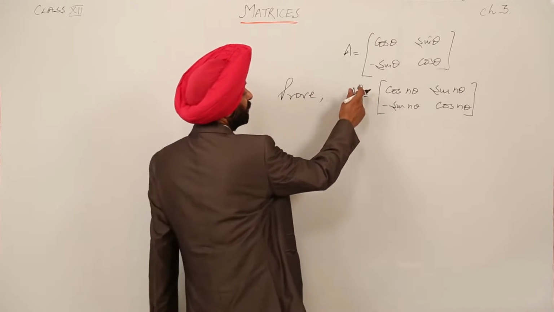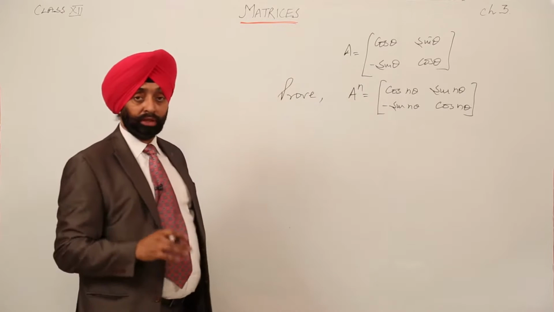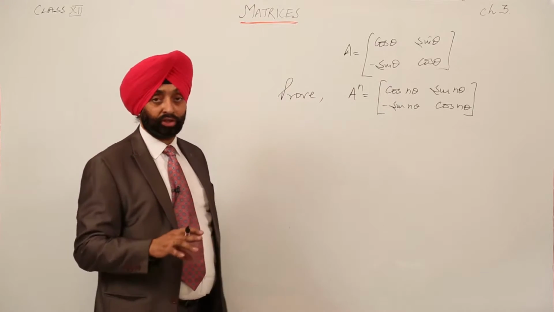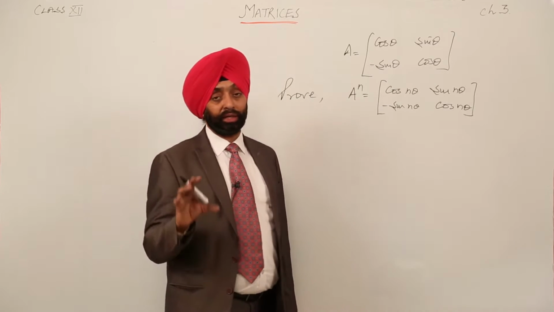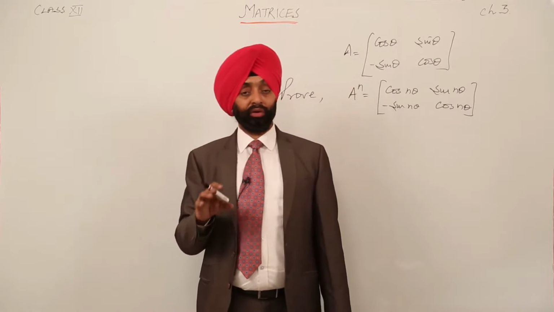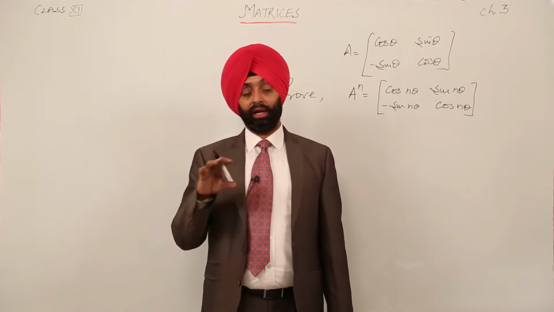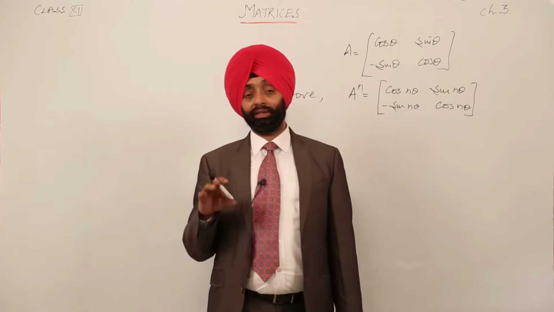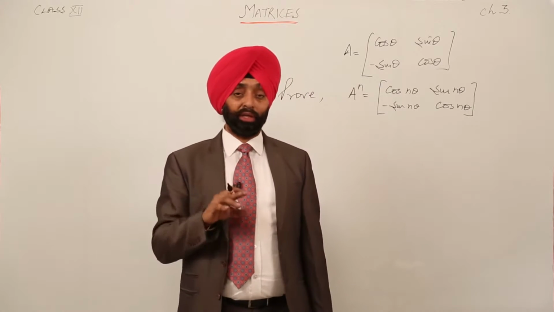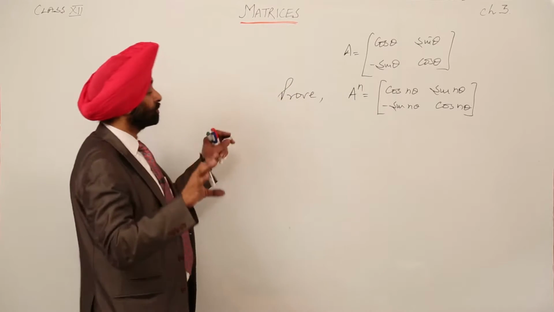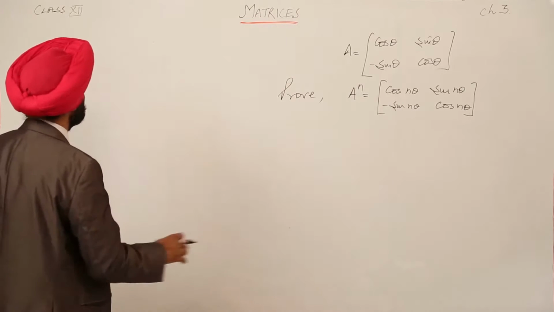When we are having a power n, it means we have to follow induction. What we have done for the induction? Basic step and inductive step. In basic step, we have to put n is equal to 1 and we have to show that Pn is true. And the inductive step, we have to take n is equal to k and then n is equal to k plus 1. If n is equal to k is true, then n is equal to k plus 1 is true. Okay. So, let's move with the basic step now.